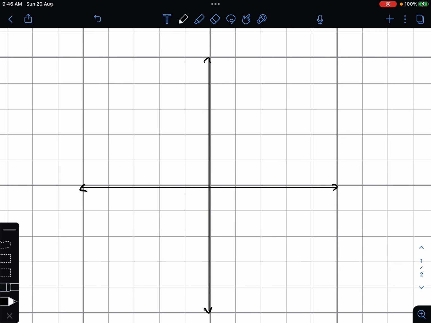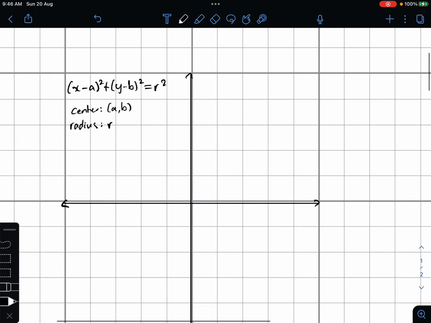So the general formula for a circle is (x minus a) squared plus (y minus b) squared equals r squared, where the center of the circle is (a, b) and the radius is r. Okay, so for example, if we have an equation x squared plus y squared equals r squared,